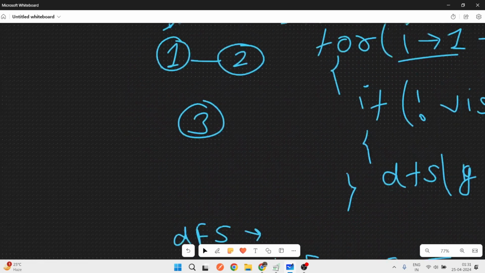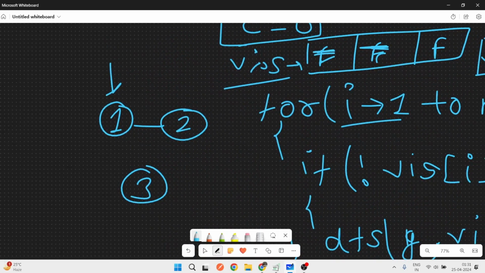So let's understand how the DFS call will work. First, in the main, all the values are false. We go to node 1 and make a DFS call. When it is visited, it is marked true.